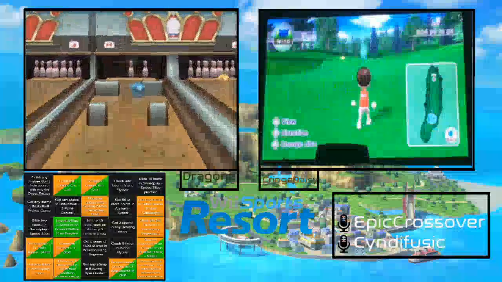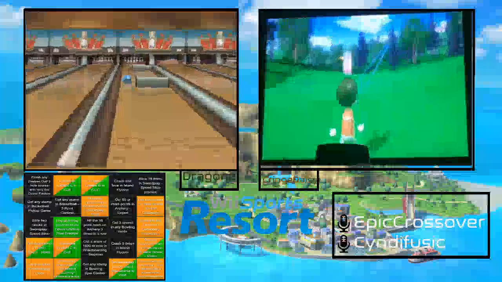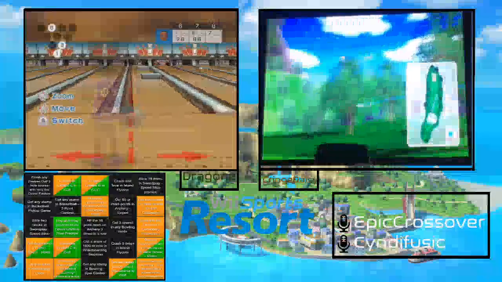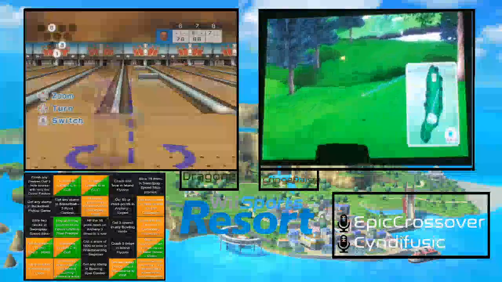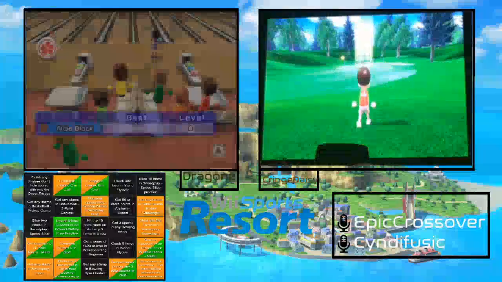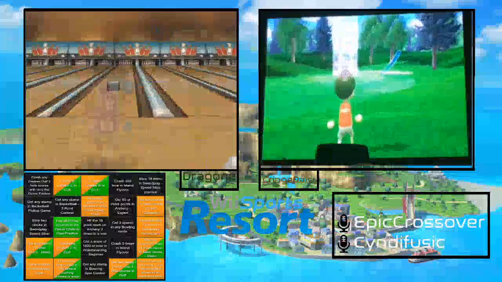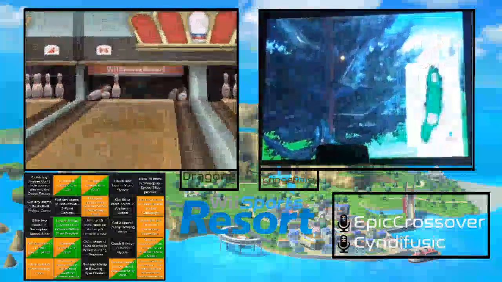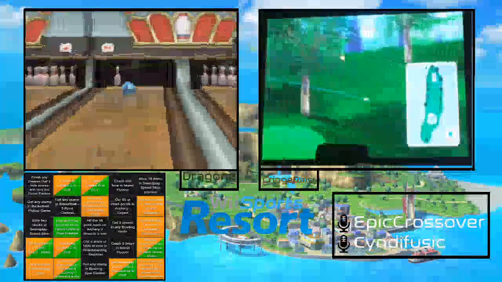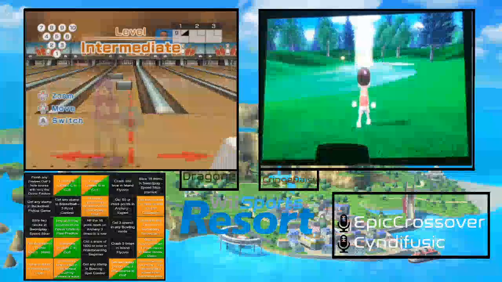Oh, see that's crucial, because those throws right there prevent him from getting the spin control stamp. So he will have to play another game. So hopefully he can get 3 spares or 2 more spares here and make this game worth it. Yeah, so a little bit of a time loss there, but